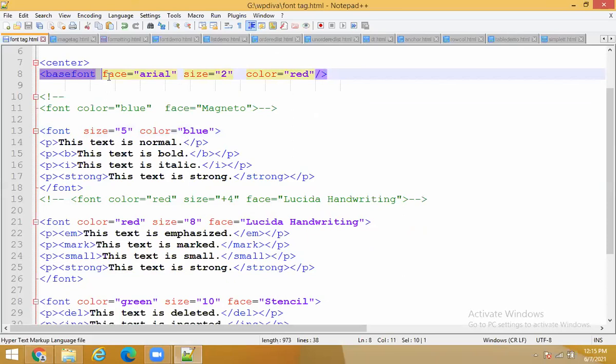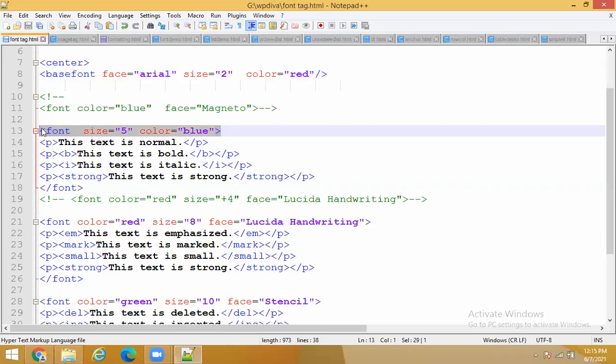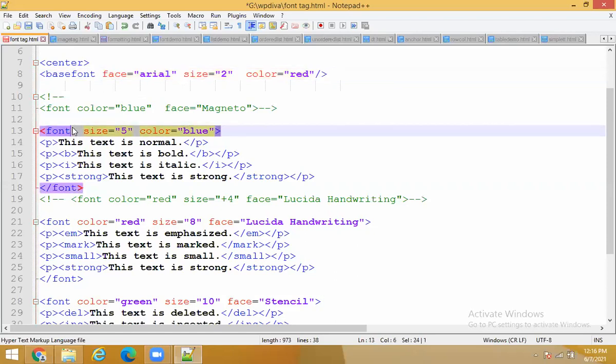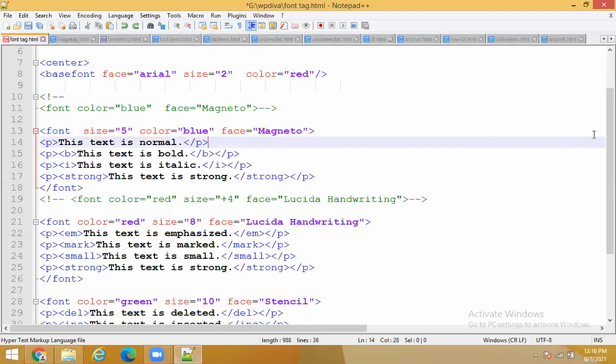So what does this base font mean? Base font means if you fail to give any of the values in this font tag, automatically it will take that attribute from the base font tag, right? So here what I did, I didn't take the face value, whereas the format expected is this. I have to take three attributes. One is font face, another is font size, and another is font color. So by default, I skipped the face property. If I skip that face property from this font, it will take it by default from this base font. Okay. So this is one example for face, right?